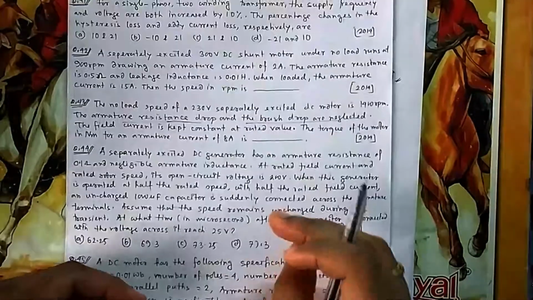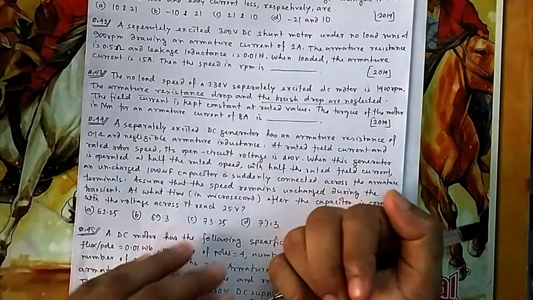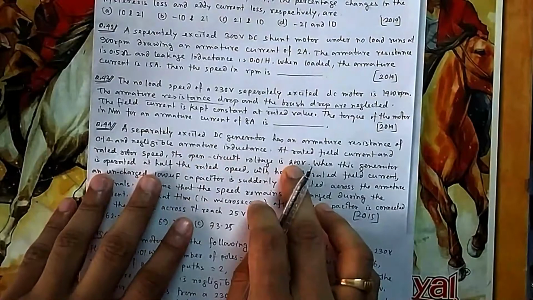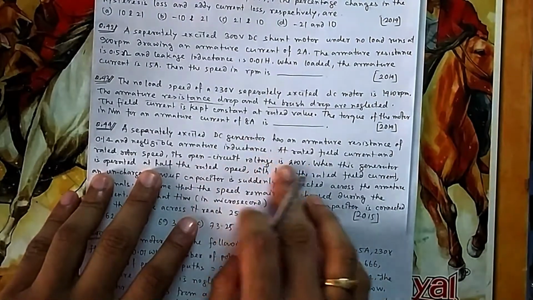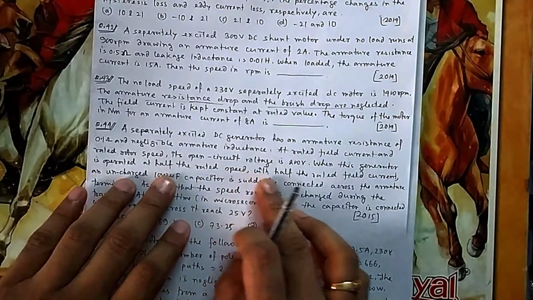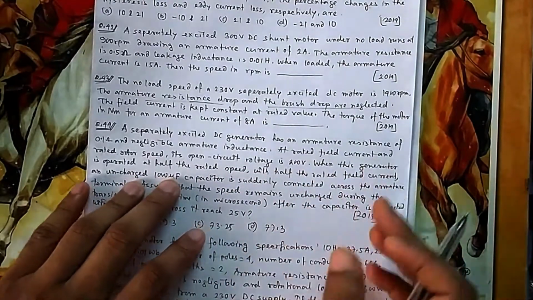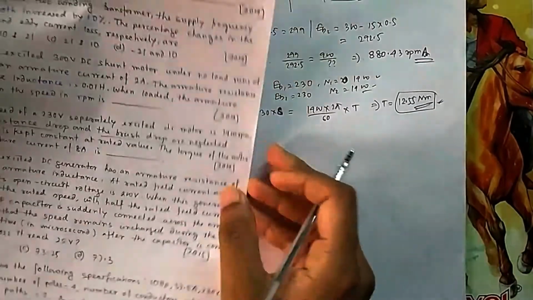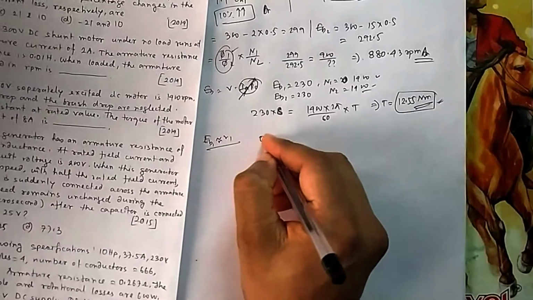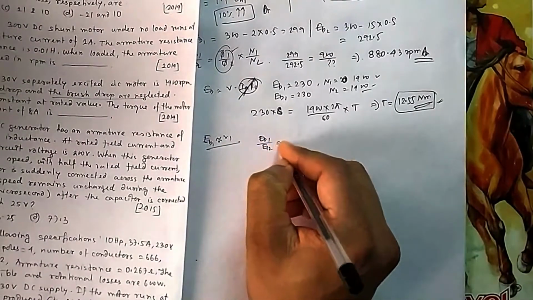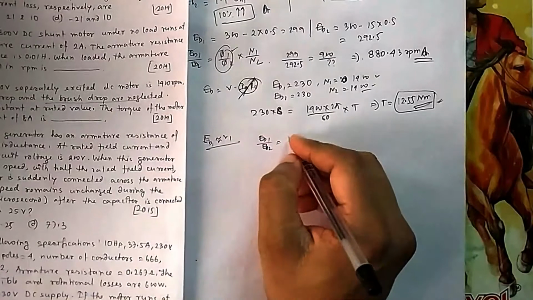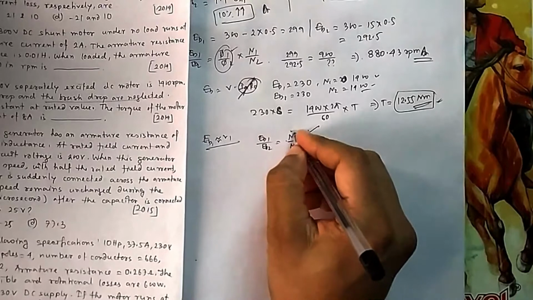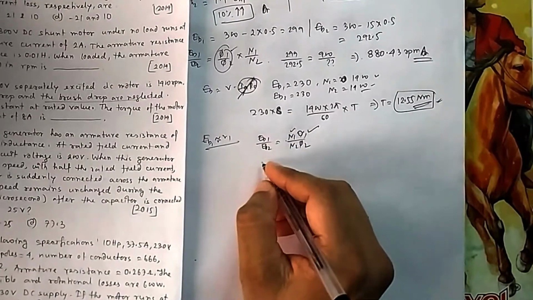Now you see, we will come to the capacitor part later on. First you see, if you do this, what will be its output voltage. Normally it is giving 200 volt. Its terminal voltage is 200 volt for this generator. But if you operate at half the rated speed with half the field current, then how much voltage will you get? So I am considering here EB1 is approximately equal to V1, because they have not given you the armature current. But I know EB1 by EB2 is equal to N1 phi1 by N2 phi2. You have reduced the speed to half and the flux also to half. Here it is 200.